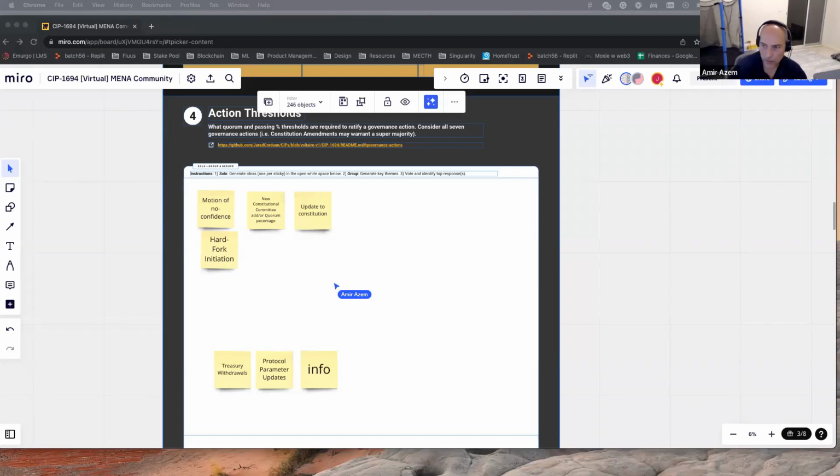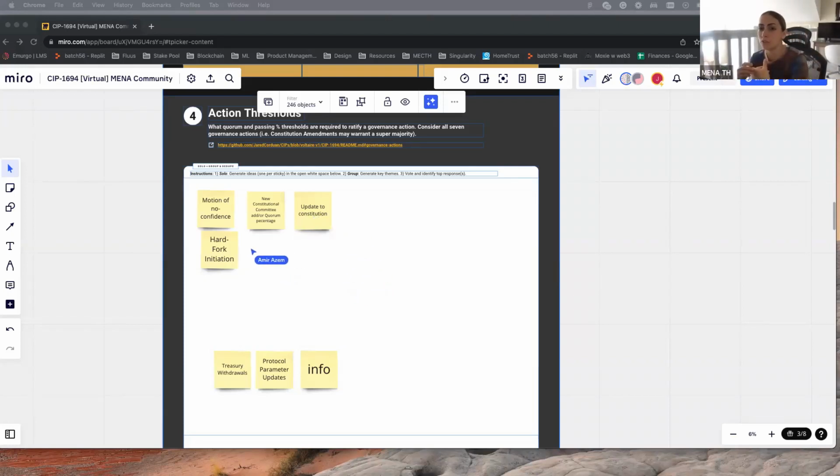it could be in the middle, but in my opinion, you need a super majority for something that's serious, because it has serious repercussions. If it's just 51% and we manage to push something like that, then what's written in the constitution would dictate if other governance actions would be ratified or not, because the constitutional committee can say, no, this doesn't fit with the new constitution update. So yeah, these are serious ones, these are less serious ones.